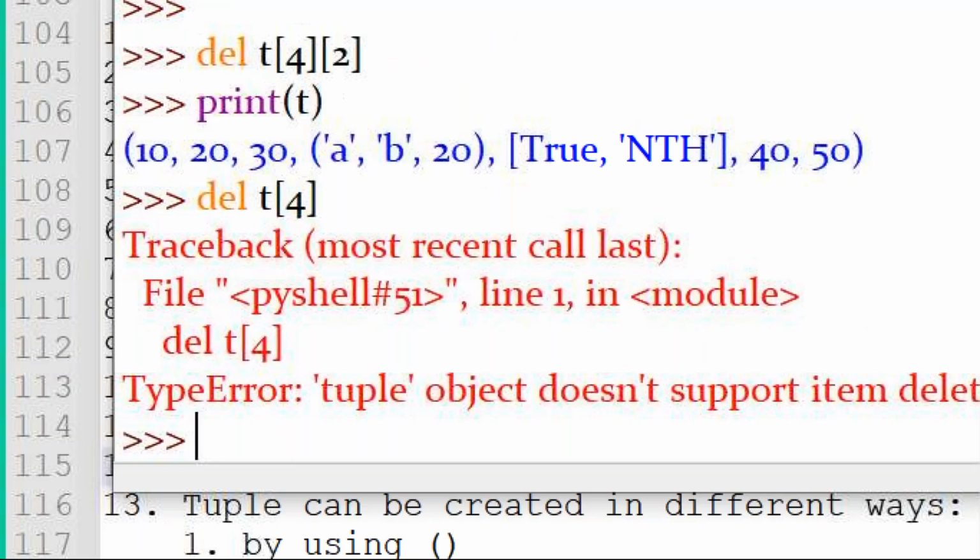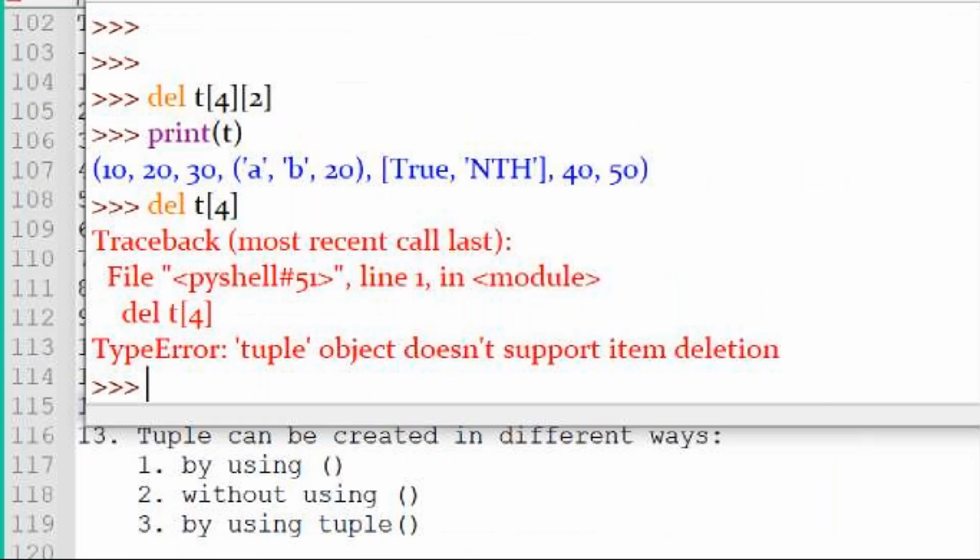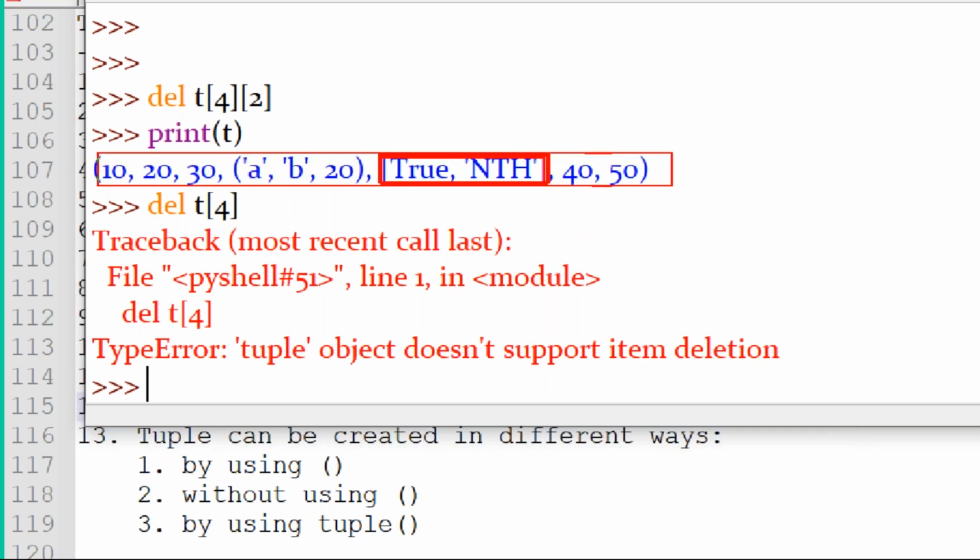I told you that I want to remove the sublist, right, guys? I want to remove this list. This list is a part of which one? Part of the tuple, guys. Tuple elements cannot be removed by using the del command.